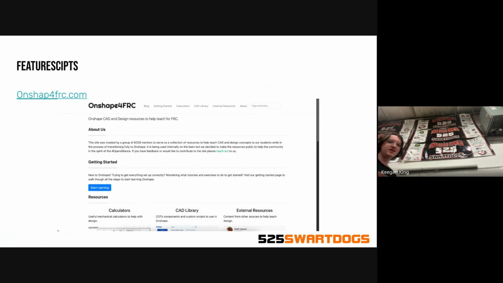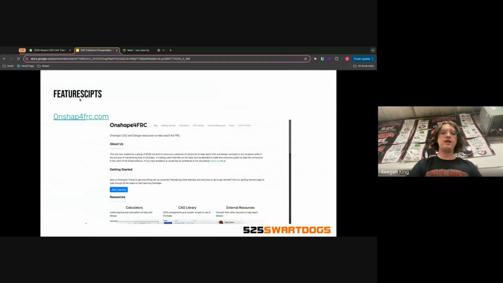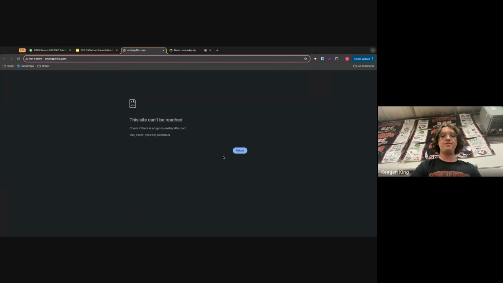So before we get into fully constructing that document, we're going to need to mount a motor to this plate. And something that just makes it quick and easy is something called a feature script. So we can begin by just importing one at first. But if we go to this link, the OnShape4FRC.com,